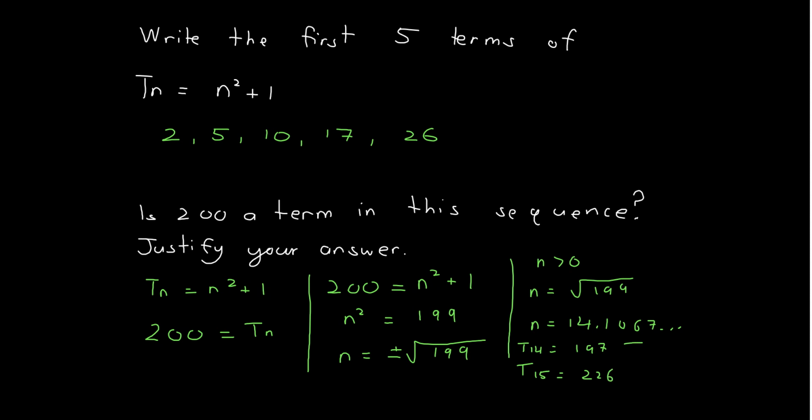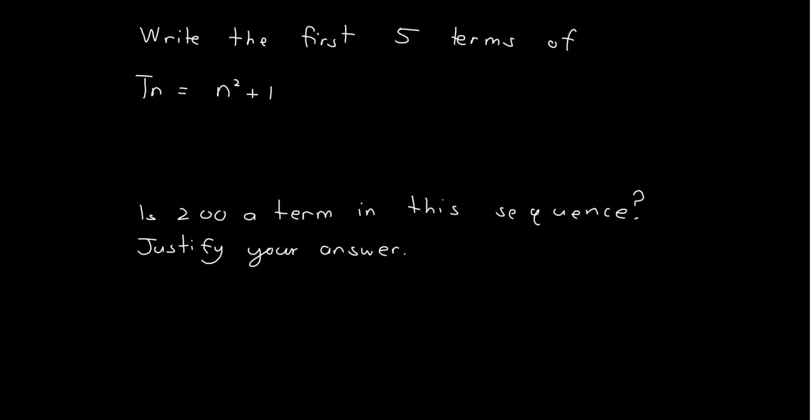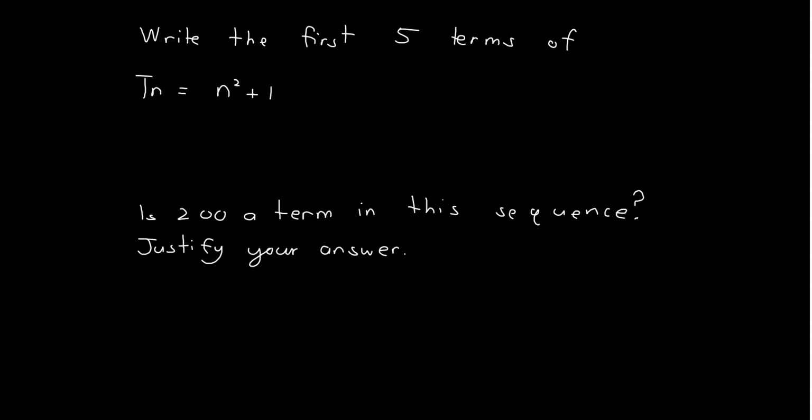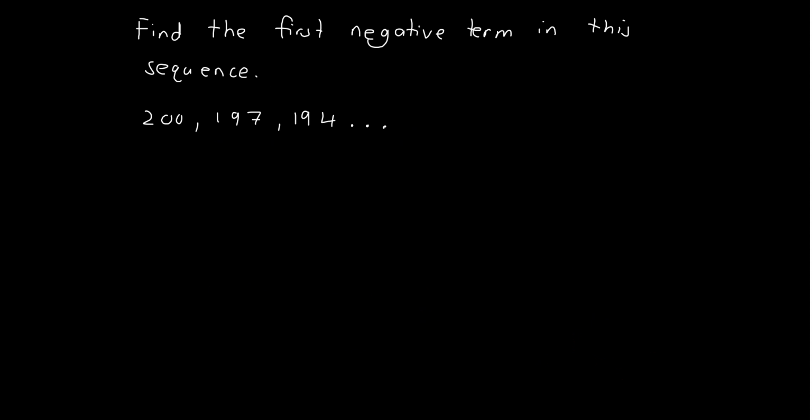So we can see that 200 is somewhere between 14 and 15, but it's not actually 14 or 15, so it can't be a term in this sequence, because from 14 we go to 197, up to 15 we get 226, and no exact whole number term gives me exactly 200, which is what I was looking for. Okay, next one, and it looks like that page is just duplicated, so let's now move on to the very